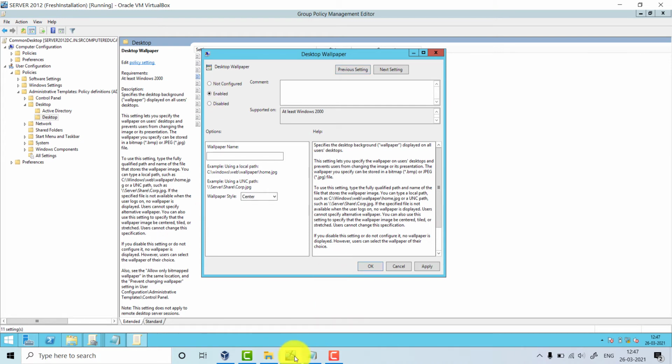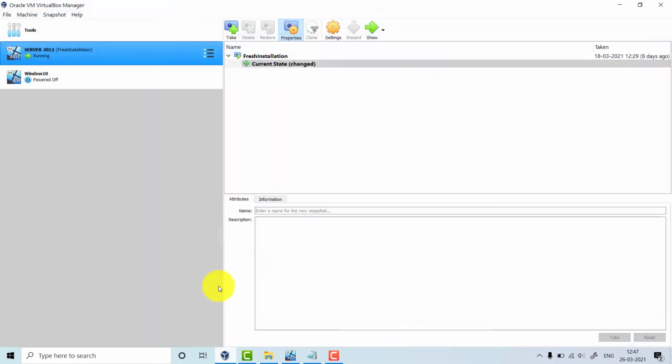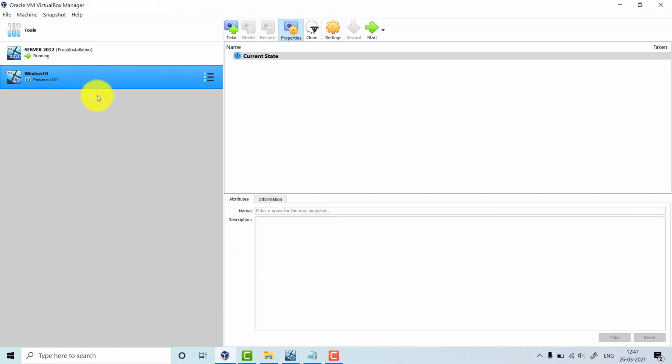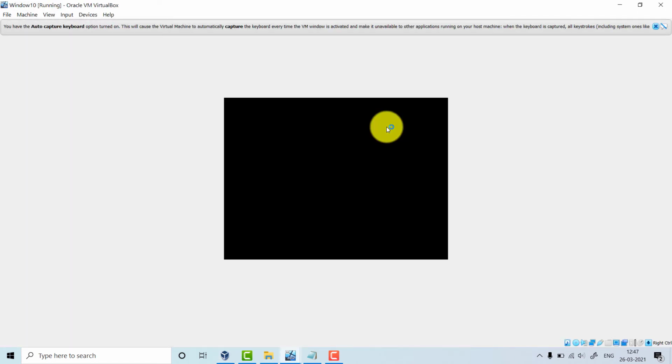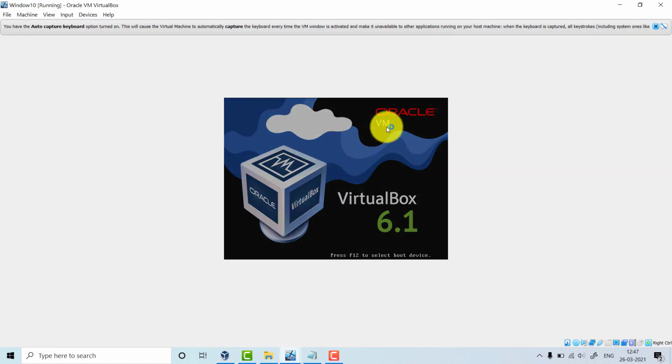Before doing this, let me log on to my client machine. Right now the client machine is turned off. Let me log on with the staff login and password. I am going to log in with the staff user Shaiju.